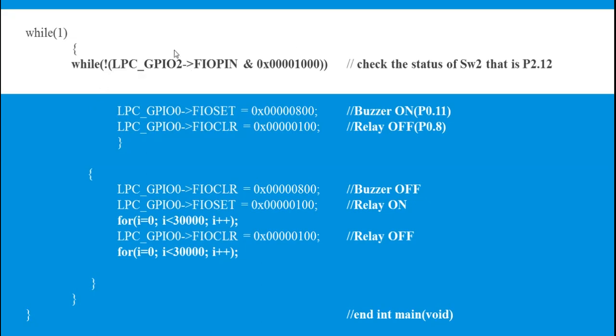Similarly, if the switch is open, then the while condition becomes false, so the program control comes here. In this case, we switch off the buzzer by using the clear register. With the help of the set register, we switch on the relay, include a short delay, and after the delay we switch off the relay. So whenever you do not press the switch, the relay toggles between on and off states for a short duration, so that you can observe the blinking of the LED connected to the relay. This is about the program flow,